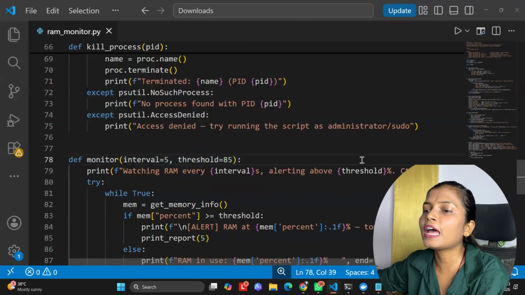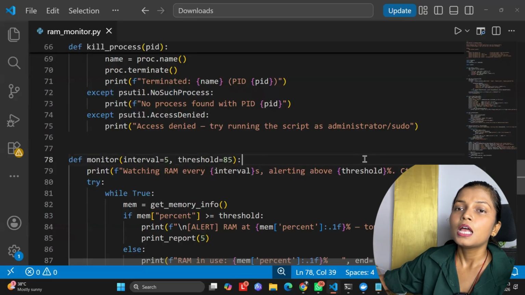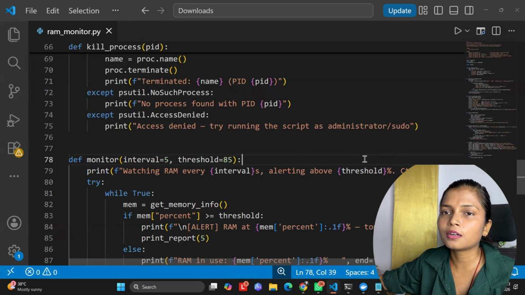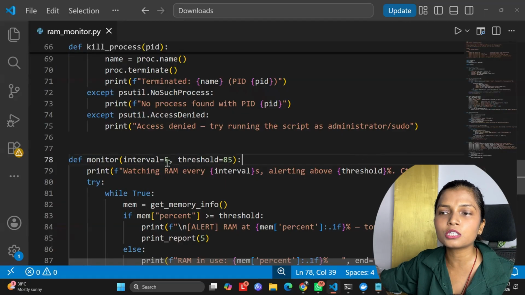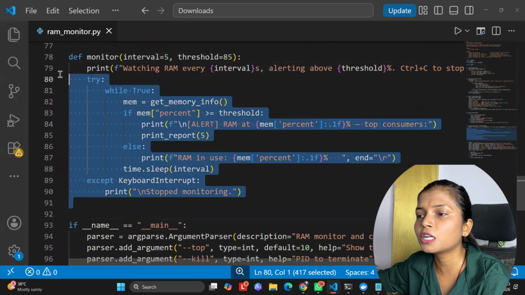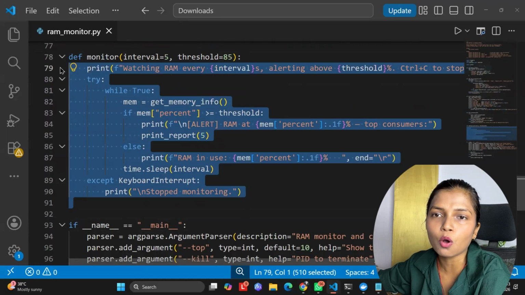Now, next thing is I have created a monitor. At some point, let's say I am working on training a machine learning model or an artificial intelligence project, or maybe I am working on a large data set. At that point, I might have to monitor my entire device so that I can stop or terminate anything. So basically, I want continuous monitoring, right? Now what I have done in the monitor script is this particular script is basically a one-time check, like a watchdog I'm creating.